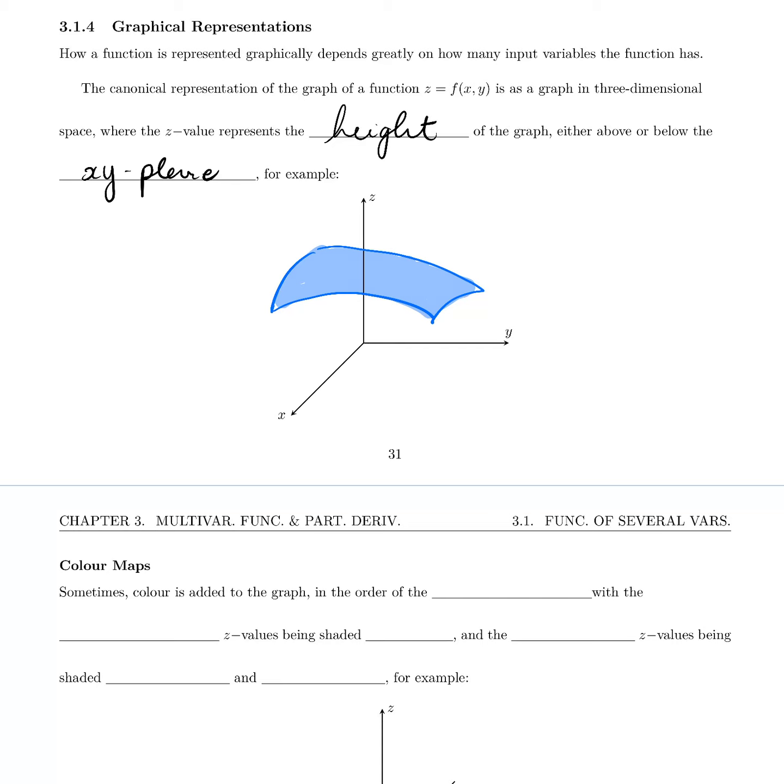The idea is that for any point down in the xy plane, the z value represents the height of that surface, either above or below the xy plane. So the coordinates of that point are x, y, and z, which is calculated as a function of x and y. Now I did my shading in blue, but sometimes you're going to see different colors being added,